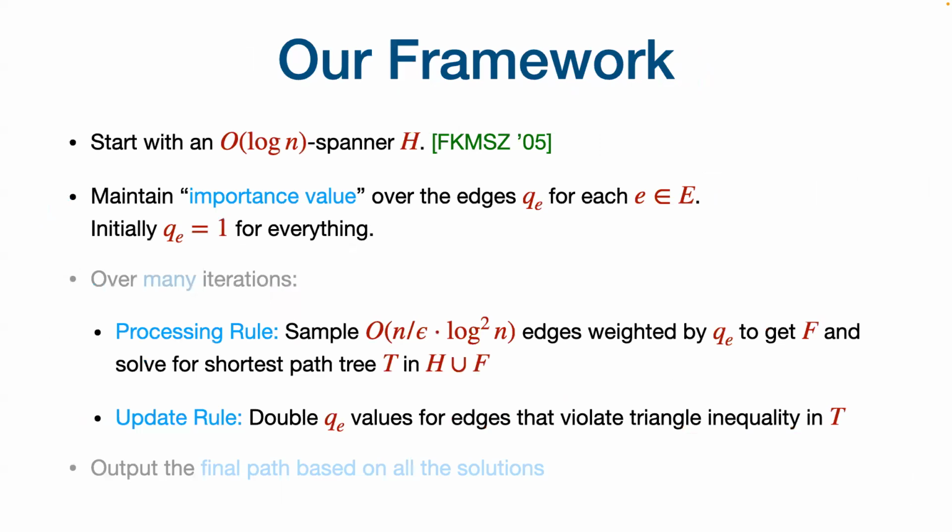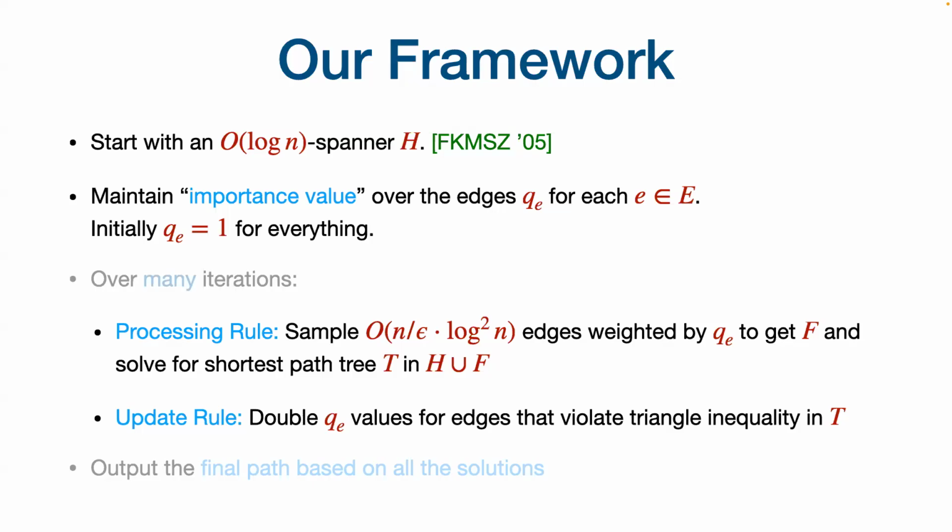So this is it. This is the update rule. You're just going to decrease the QE for... No, it is just doubling. It is always increasing. Okay, so you're doubling the QE values for the edges that violate this triangle inequality type statement in the tree